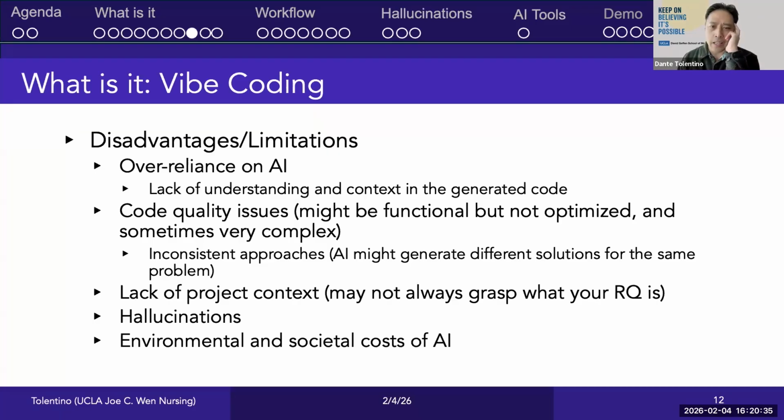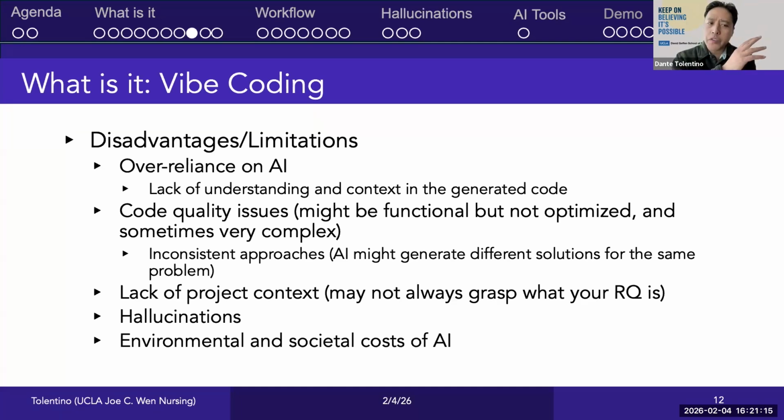Another issue is the lack of project context. AI really does not understand your research or your project. Only you as the researcher know. So if you did not prompt or provide context to the AI when you're vibe coding, you'll probably produce a lot of hallucinations in your output. And so you really need to be very careful. Which leads us to this issue of hallucination, still a big issue even when you're vibe coding. However, there are approaches to limit this, and I'll talk more about hallucinations in a second and how to minimize a lot of the issues with hallucination when you're vibe coding.